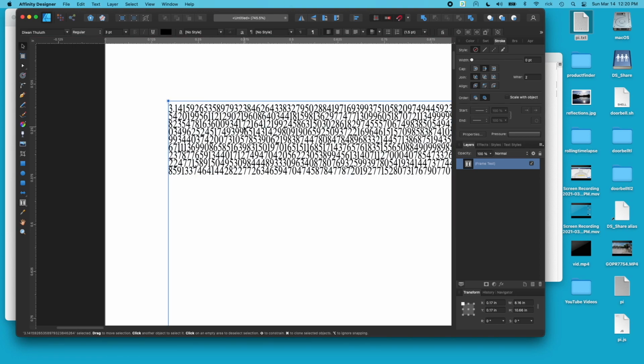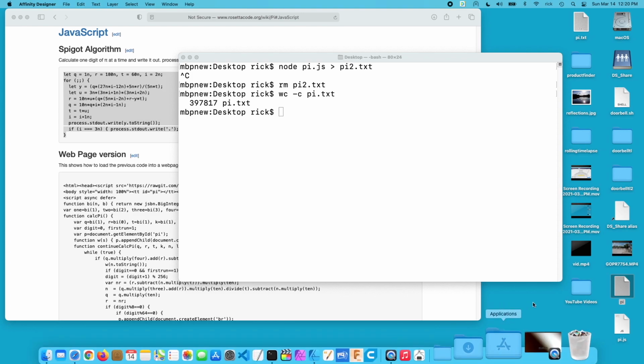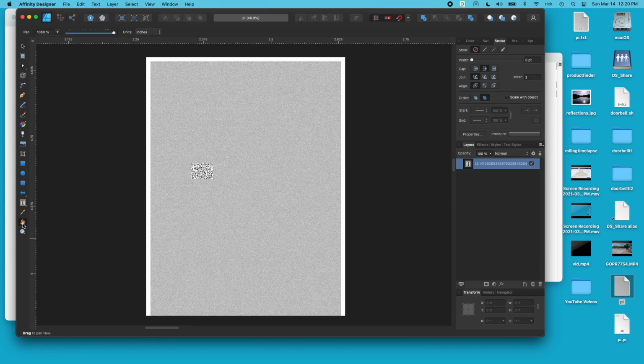So once I got that to work, then I pasted in all of pi. So I'll open up that file. There we go. So if we were to zoom in here, we should be able to see digits of pi. And it kind of goes off the bottom here too. So next I just printed that out.